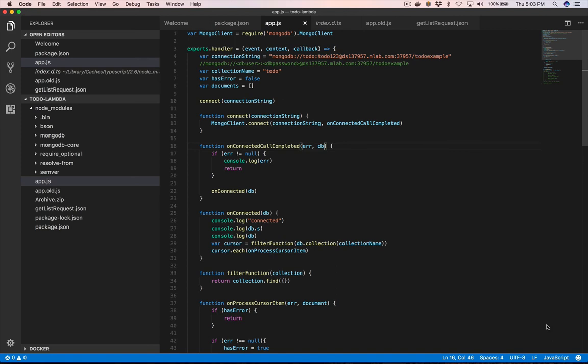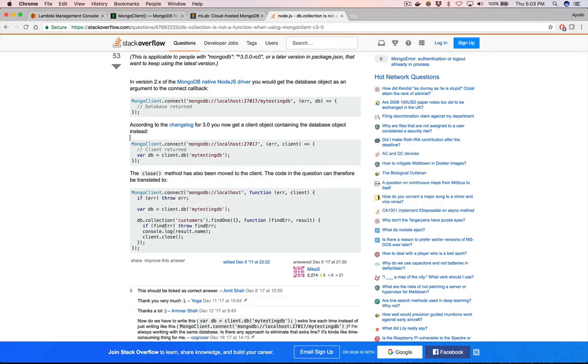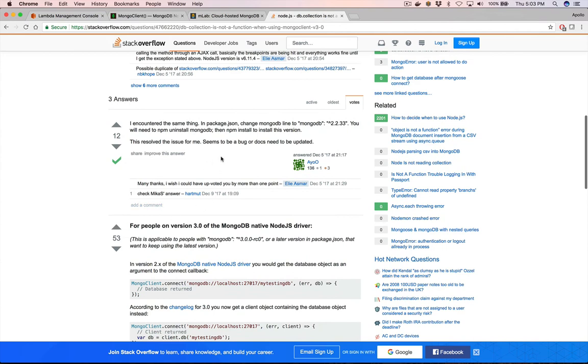Okay, so I researched this issue a little bit, and the problem is, if you look at package.json, we imported version 3.01 of MongoDB, and in that version the function signatures are a little bit different. So what we're going to have to do is uninstall this version of Mongo and install a specific version. So I googled it, and what you have to do is install this particular version. So why don't we first do npm uninstall mongodb,